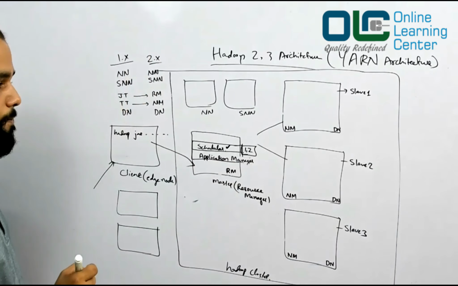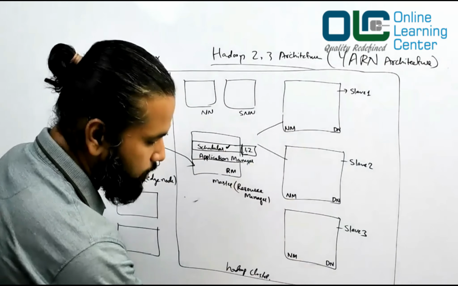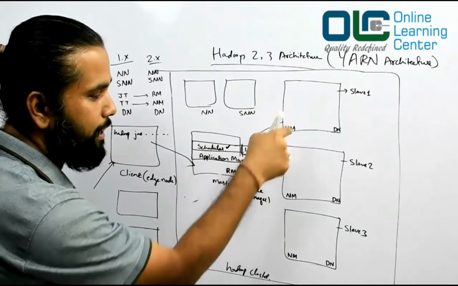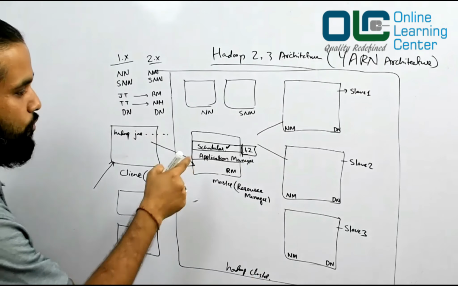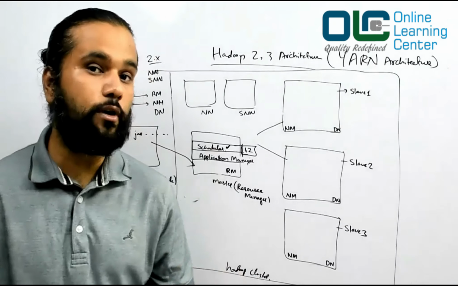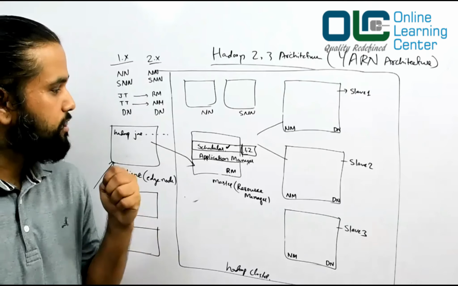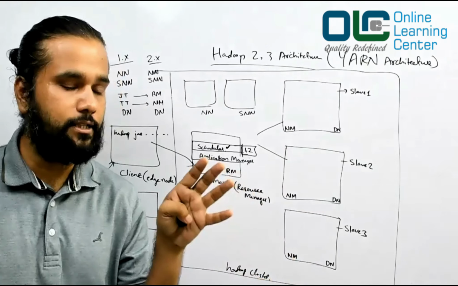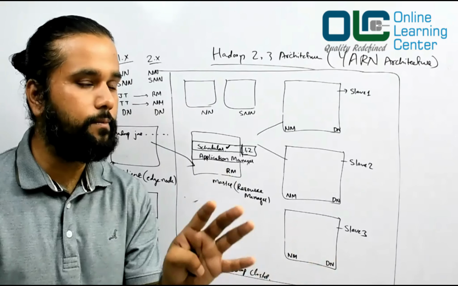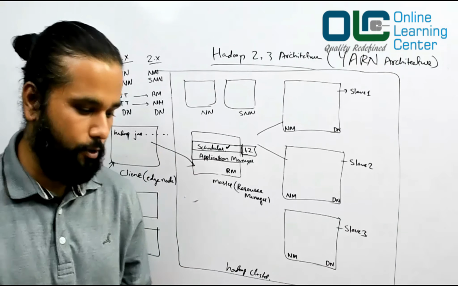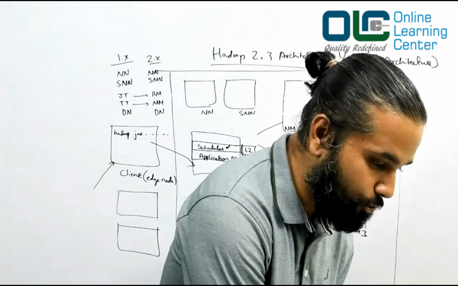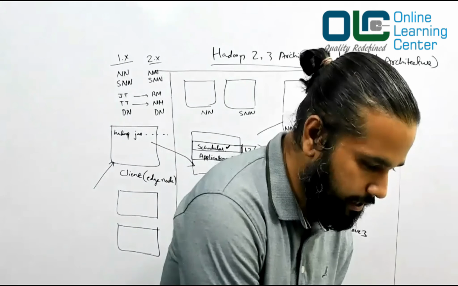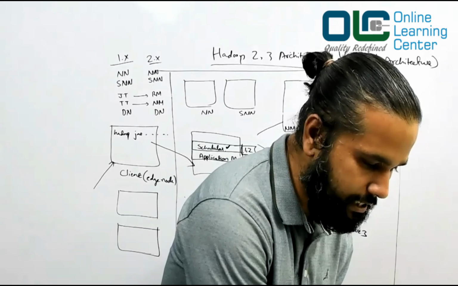Okay, done. So now similarly, if you have a typically large cluster, the scheduler can say, okay, I would like to run this job in 1, 2, 3 and so on, right? So that is the job of your scheduler. The scheduler will look into all the resources and it just negotiates. It just says, okay, I will reserve something for you so that you can get the job. Okay, so I'll also refer to my notes so that I don't miss anything, because all these topics are very important, and I really don't want to miss anything while we discuss.